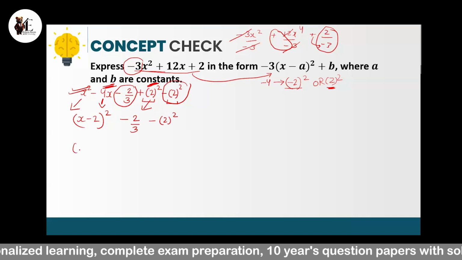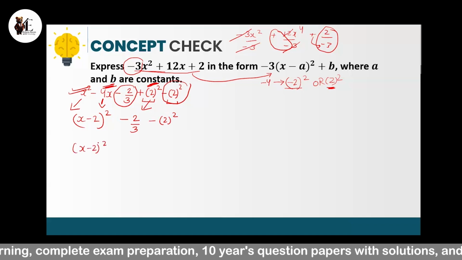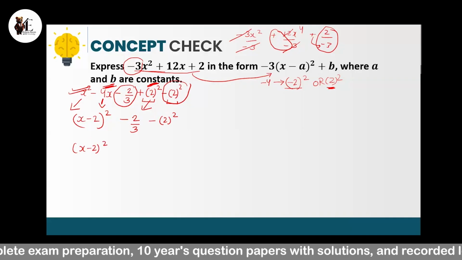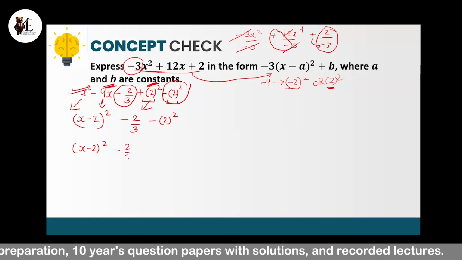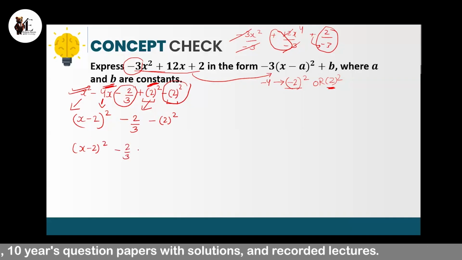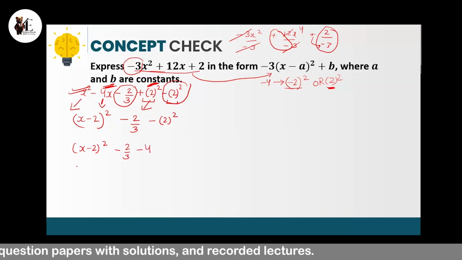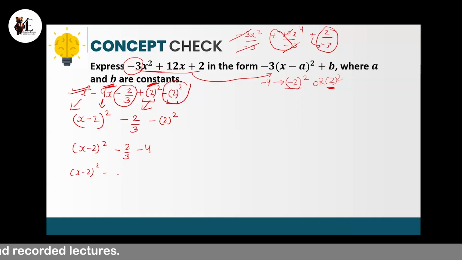So x minus 2 whole square. So minus 2 over 3 minus 2 square, which will be 4. So x minus 2 square. So if I take the LCM, so that will be,